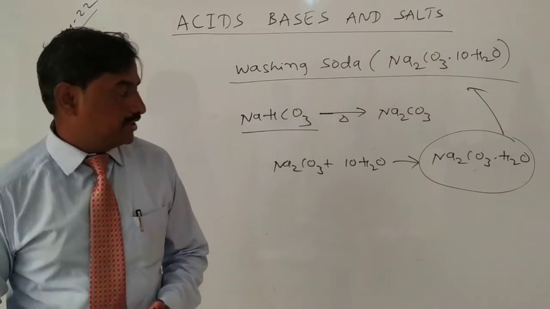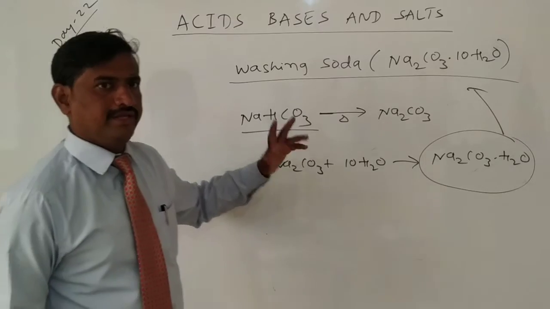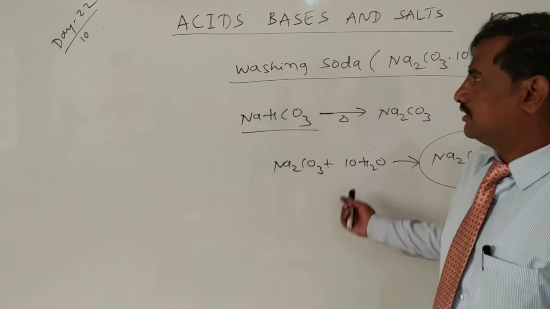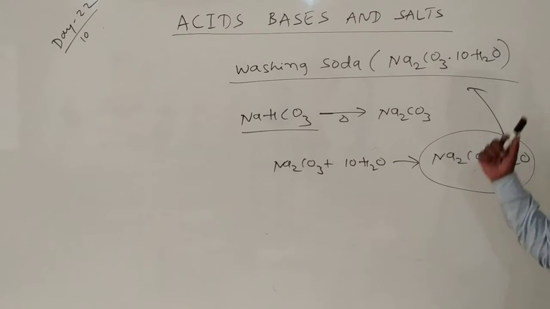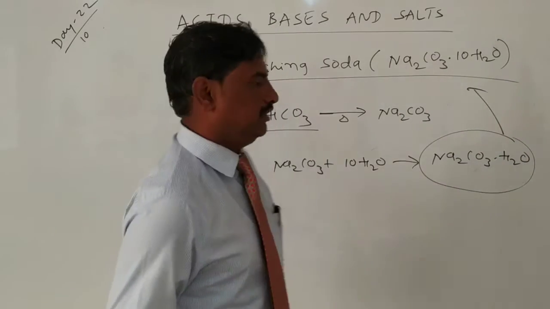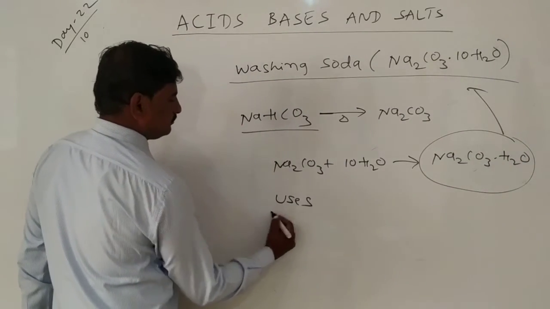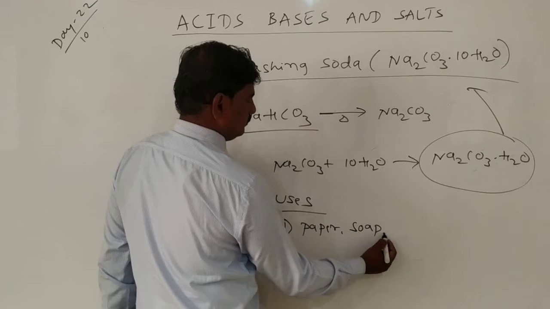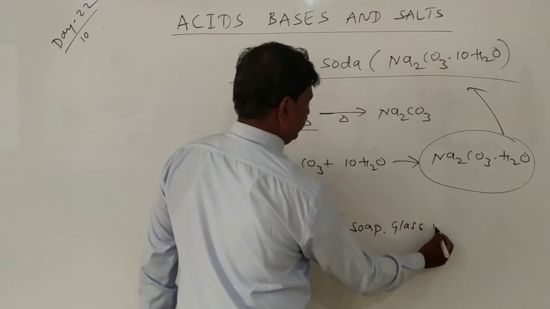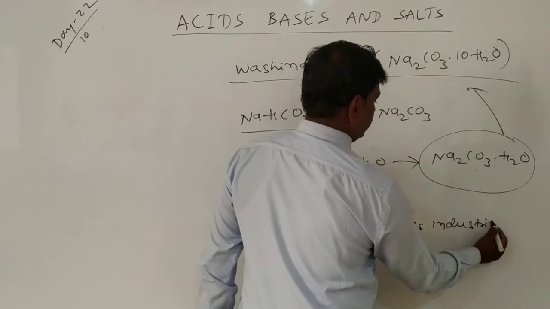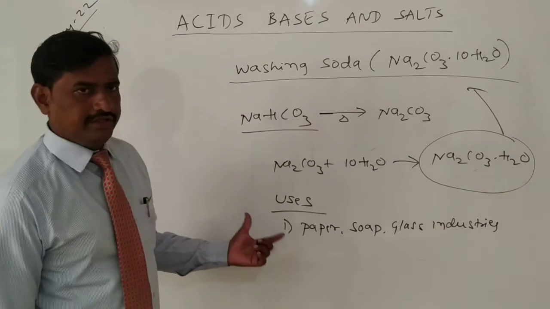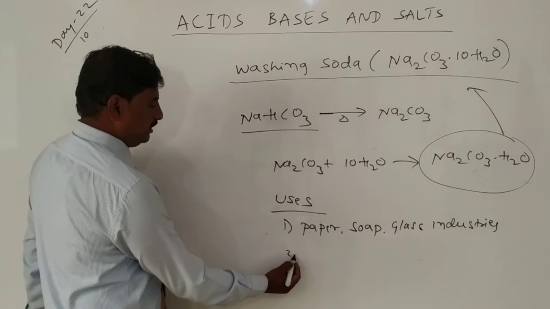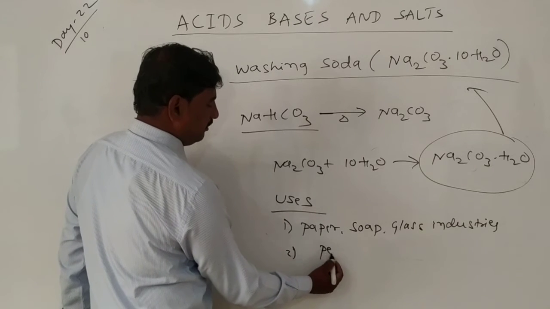So washing soda is obtained from baking soda. By heating baking soda, we get washing soda. What are the uses of washing soda? It is used in the manufacturing of paper, soap and glass industries. And washing soda is used to remove